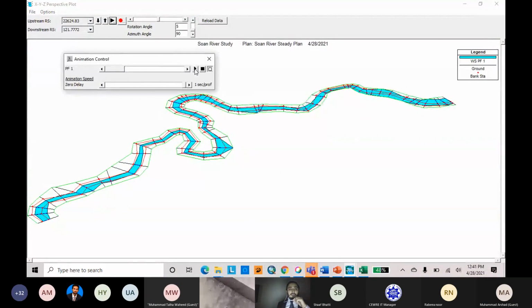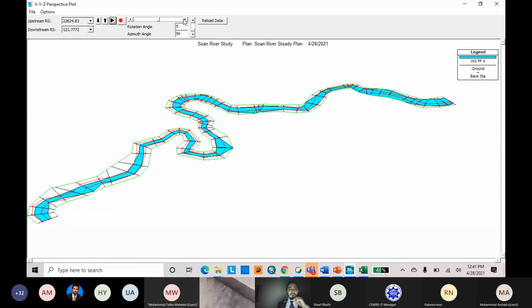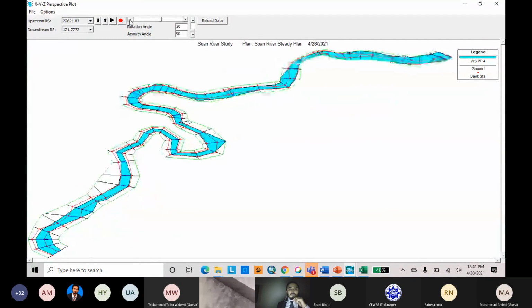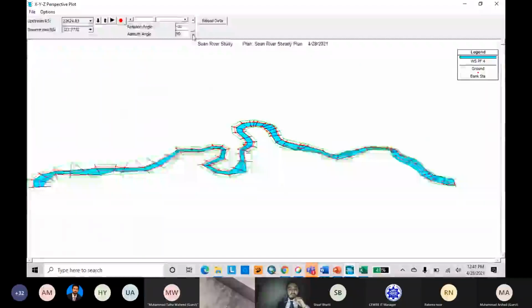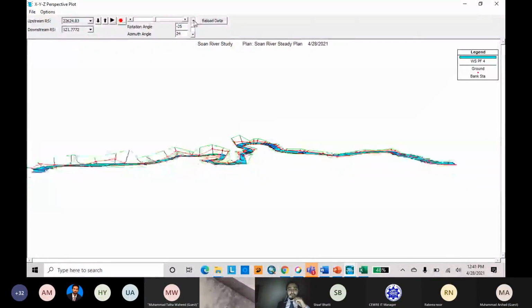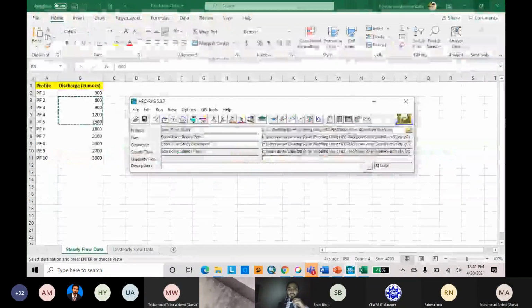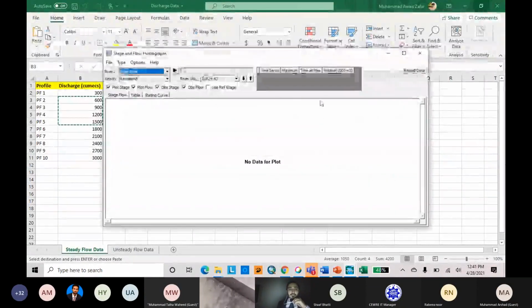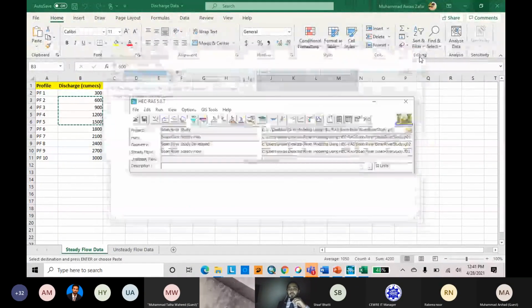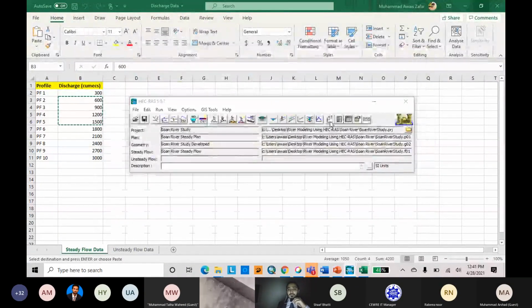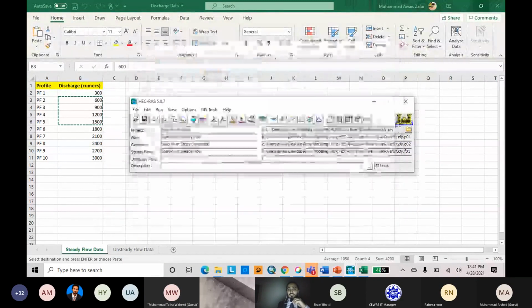Here is the stage and flow hydrograph. Because we do not have any structure, we will not have any hydraulic structure output.